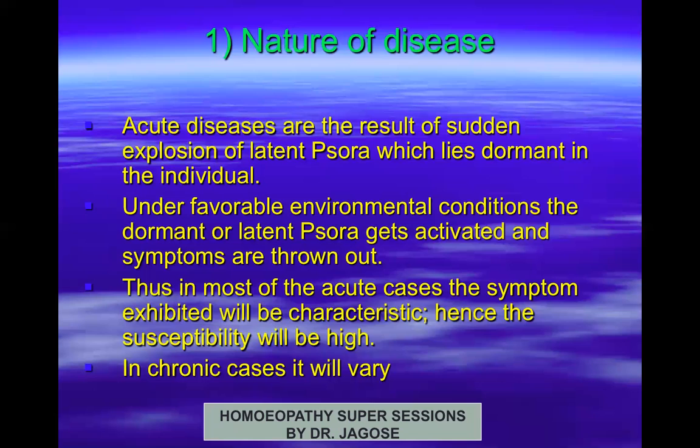Now, as I told you, in acute diseases, the susceptibility is generally high. But it can so happen that in acute disease, the susceptibility can also be low. Why? Because if suppression has taken place, if the patient has taken allopathic medicines which have suppressed the phenomena of the disease, then naturally the expressions also would be blocked. So in such instances, you will get maybe only a few characteristic symptoms or none at all, because mostly there will be common symptoms. So these rules which I'm telling you are just general rules. They are not hard and fast rules which have to be followed, but they have to be moved according to the case in hand.